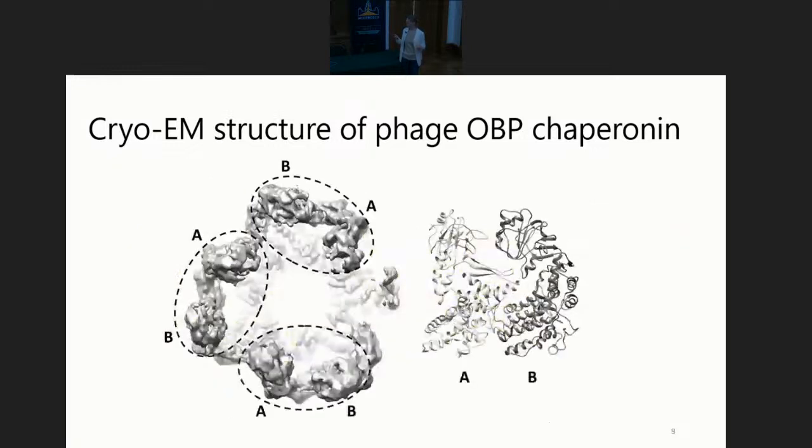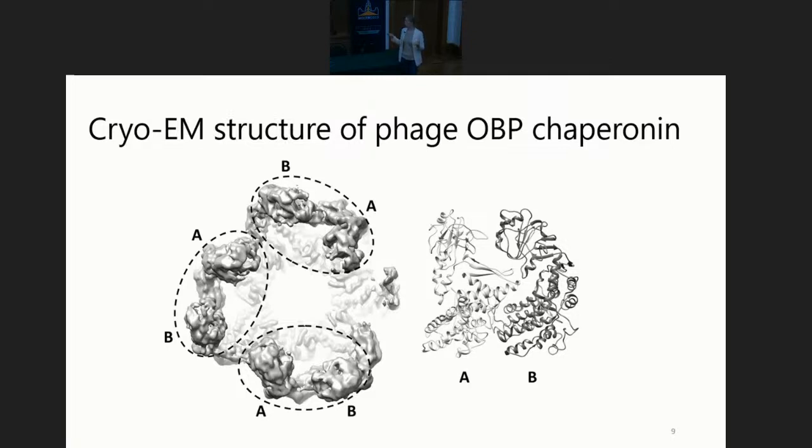The thing is that at the level of the top hinge points, remember I said that between the apical and the intermediate domain there is a hinge point that allows the rotation of the domains as rigid bodies relative to each other. But in case of this OBP chaperonin, in its sequence, the proline residues were substituted to larger glutamine residues, so this apical domain was fixed relative to the intermediate one, there was no rotation possible. And it was fixed in a quite unusual, compared to GroEL, position.